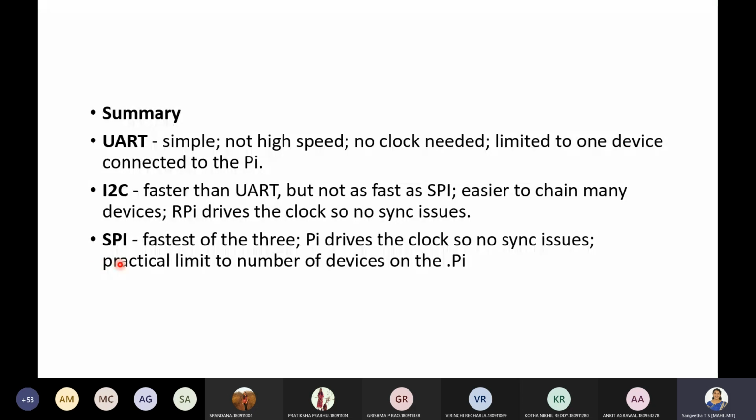Then coming to the data transfer distance, these devices are basically capable of transferring information only to a limited distance, a few meters only. So it's not good for transferring information over a long distance, because you will be using them for applications wherein only short communication is required.